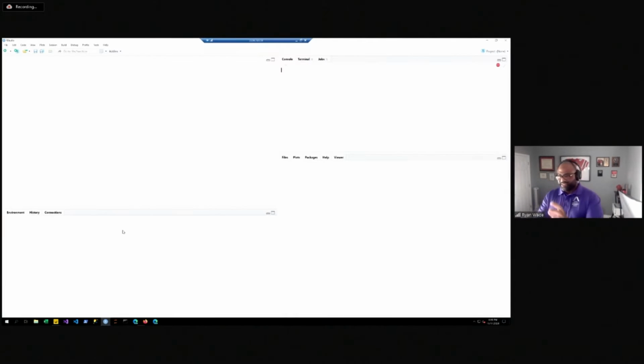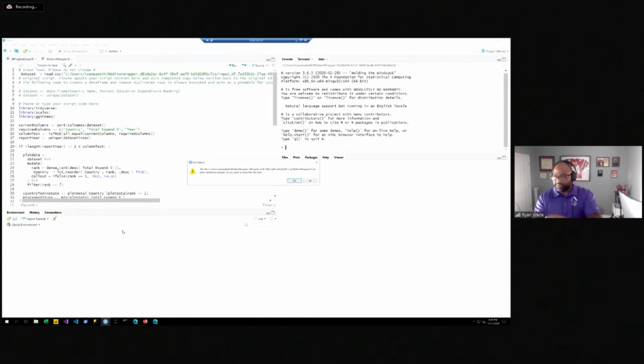So what happens is it took that data set that was passed through to the visual and saved it to disk in a CSV file. That data set can be used as the basis of the visual that you want to create. So you will get your code functional in RStudio. Once you get your code functional, you just copy everything below the "paste or type your script code here" comment, everything from line 10 all the way down. Once you get your script functional, you copy that and paste it back into your R script editor in